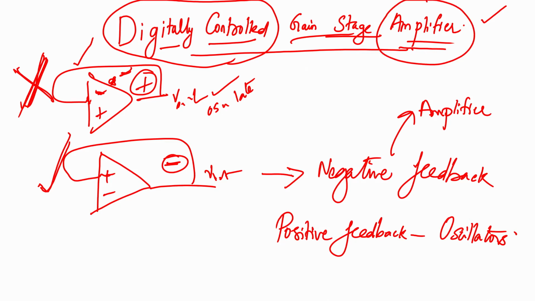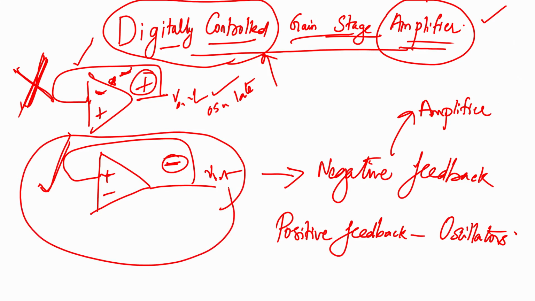Now, we know that in an amplifier we should have negative feedback, but we have the constraint that in our digital control our DAC output is negative. So, how can we implement negative feedback using an output which is already negative? What we have to do? We have to use this scheme. Is it clear to you? This is how we do intuitive design. So, it is very clear, things are coming automatically to you.